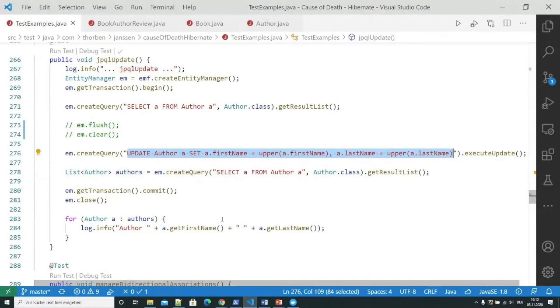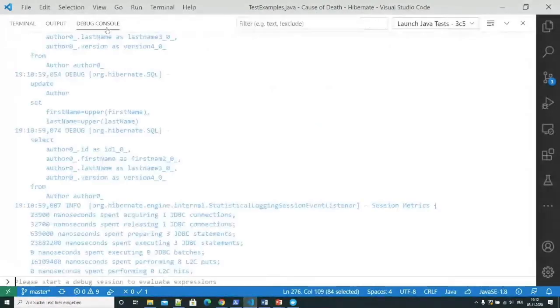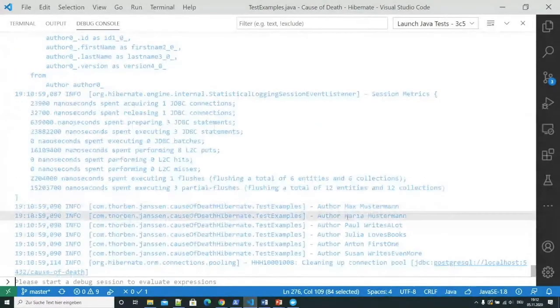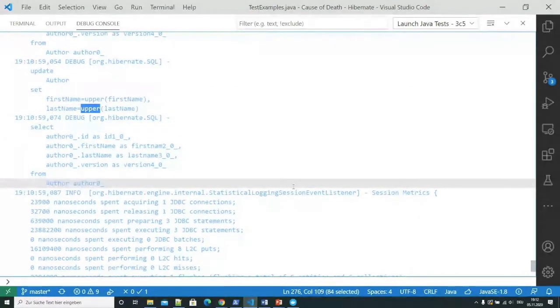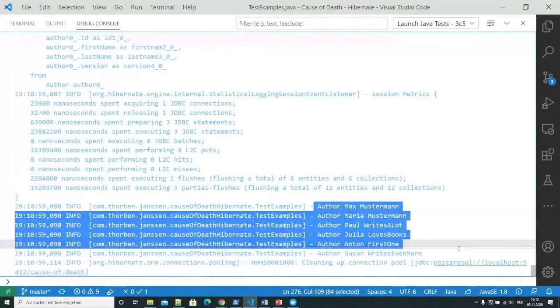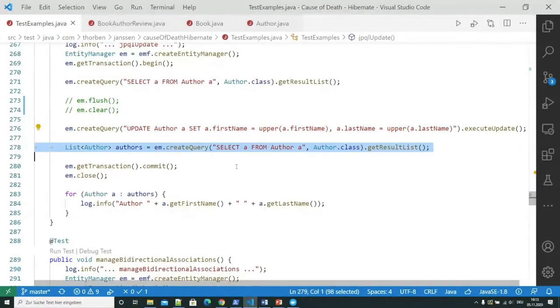And well, as you can see in the log output, the update statement was supposed to change first and last name to uppercase. In the log messages that I wrote after we executed the update, you can clearly see the first and last name are not in uppercase, even though we selected all the authors here again.